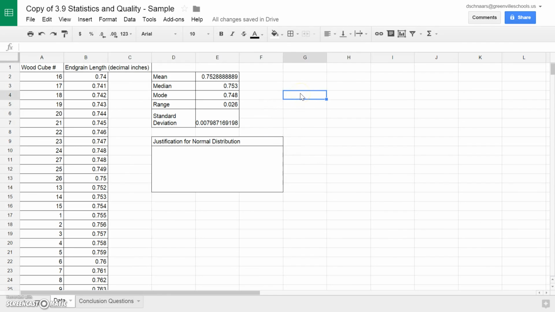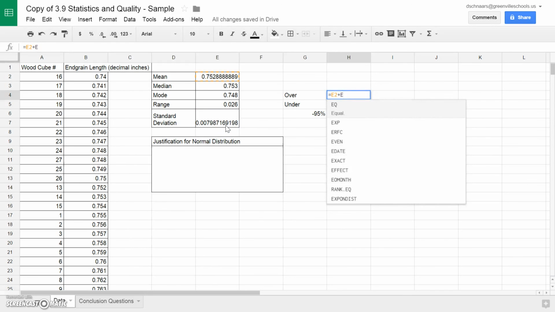Just as a quick recap of what standard deviation represents. It represents an over and an under, within which I would expect that approximately 95% of all future data would fall. I could say my mean right here, 0.752, so that's cell E2, plus my standard deviation, which is in cell E6,